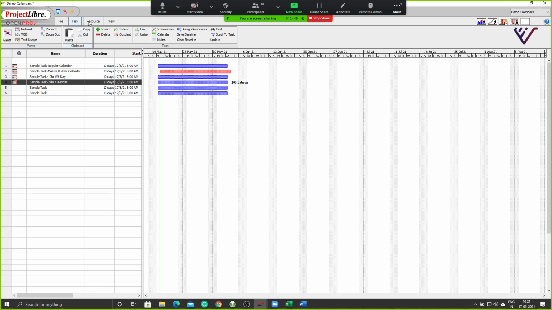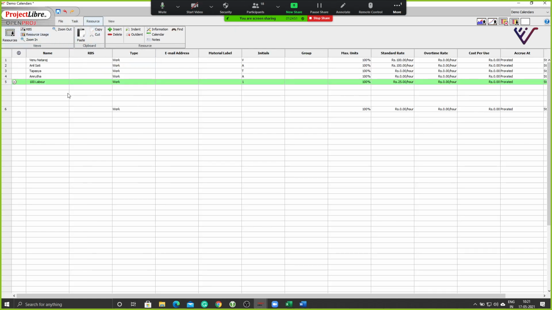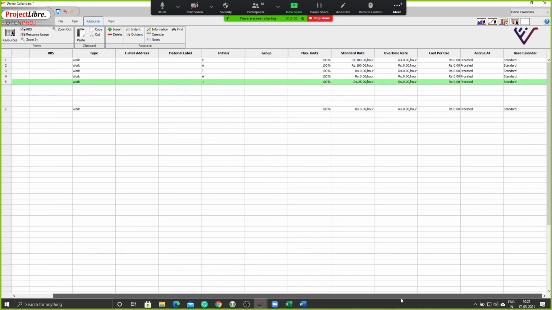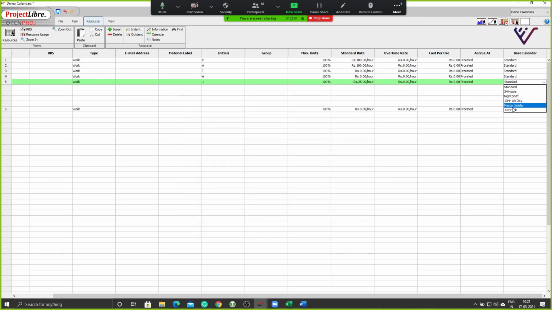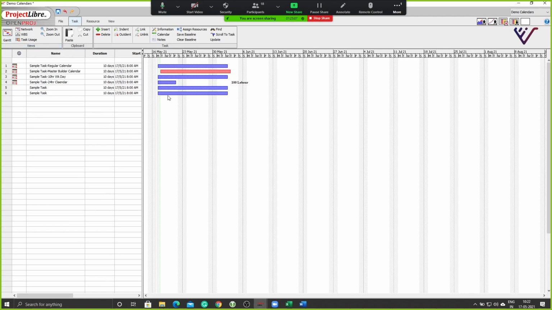That's because the 100-day labor resource here is working on the standard calendar. So now I need to change that calendar to the 24-hour work shift, and that's when I will be able to see that change here. So what I apply here will get overridden by the resources anyway.